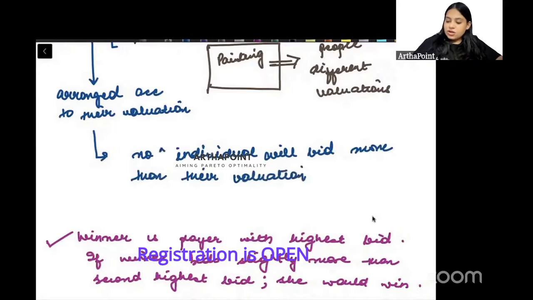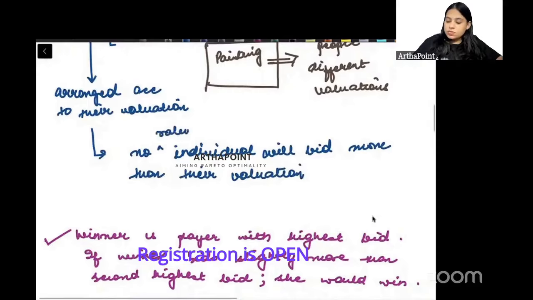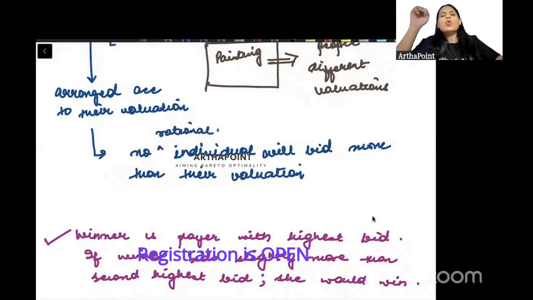No rational individual. कोई भी रैशनल इंडिविजुअल अपनी वैल्यूएशन से ज्यादा वैसे बिड नहीं करेगा, है ना. अभी के लिए आई एम नॉट सेइंग दैट दिस विल ऑलवेज बी ट्रू, मैं ये नहीं कह रही हूँ ये हमेशा होगा, बट स्टार्टिंग में आई विल शो यू अ केस जहां पे दिस इज नॉट ट्रू, बट जस्ट इन द स्टार्टिंग आई एम जस्ट एज्यूमिंग